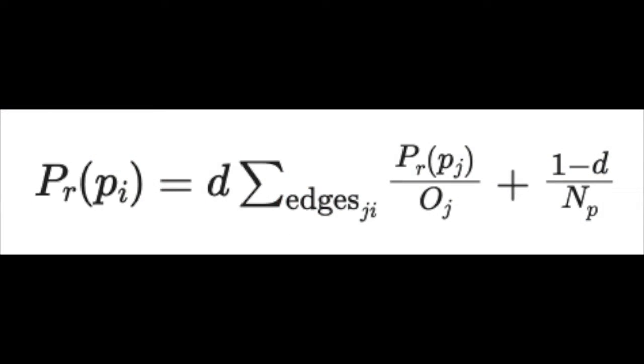Now, why is this an issue? Well, if we look at our definition of PageRank, we'll see that the first term, where we sum over all the edges, is a fraction where the denominator is the outbound degree for the node. So we're talking about node J. In this case, the index is the connections from node J to node I. And so if we arrive at a node with no outbound links, we're essentially dividing this term by 0,